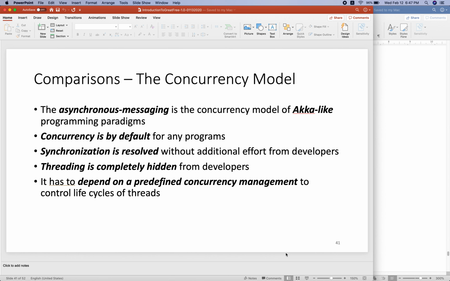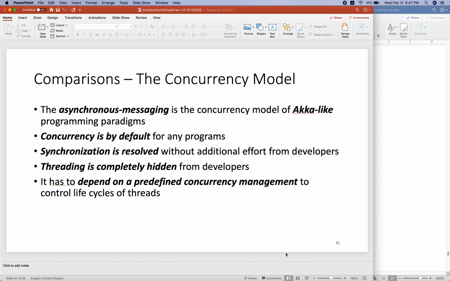Some traditional programming languages I will not compare here, because comparing traditional ones is out of date in terms of distributed programming. For example, C, C++, Java, or Python: from my point of view, their concurrency model is a memory sharing based one.